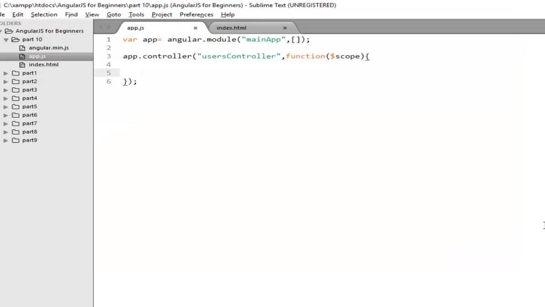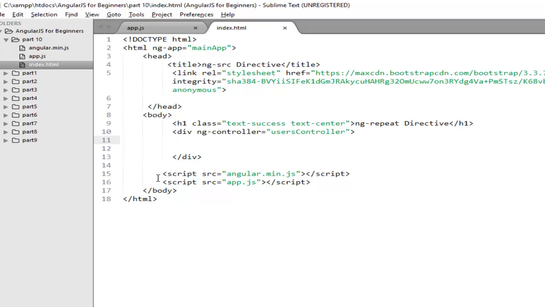Flip to your editor. For this demo, I have already set up the basic file structure. So in part 10, I have my Angular script, my main index.html file and my app.js. In the index.html file, I have already included my Angular script and app.js file.